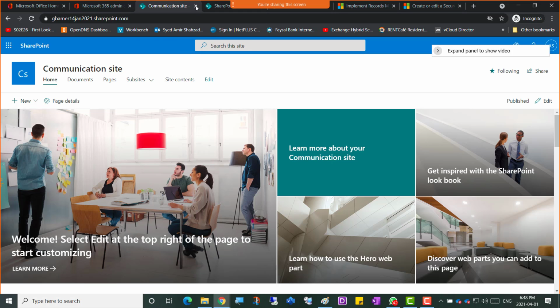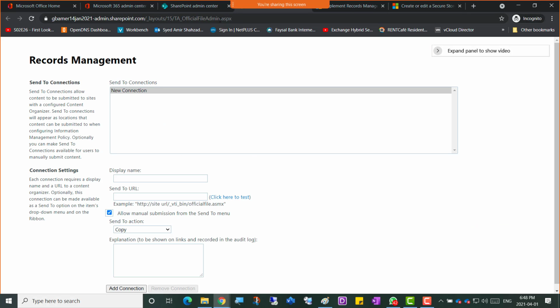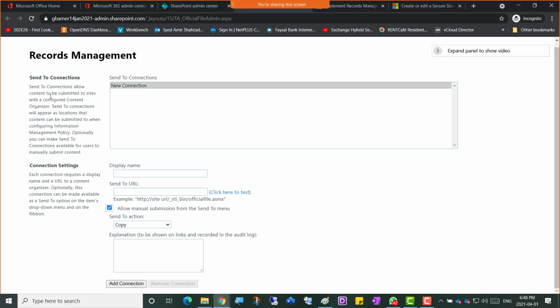So I'm just gonna close this communication site, and so this was the records management center, that records management page which was showing here. What I can do is I can still just explain what the purpose of that is and how we use that. So this record center site that we were creating, first of all, it's a feature that will be deprecated in future or not continued, but right now it is there,